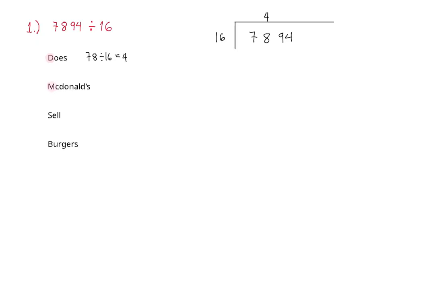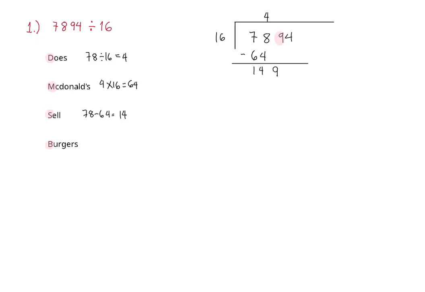Next, multiply our answer and the divisor 16. The product is 64. Subtract 64 from 78, which gives us 14. Now take the next digit in 7,894, which is 9, and bring it down next to the 14, making it